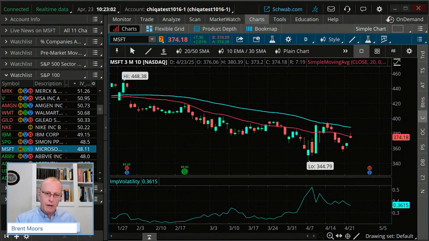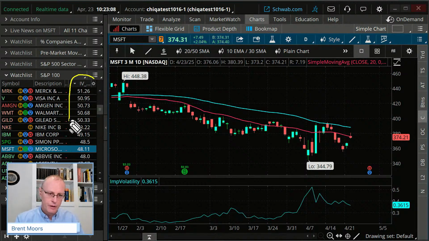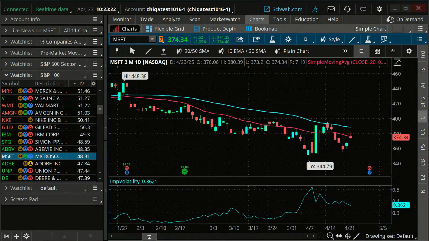So here's the premise that I'm going to go off of. I'm going to use our IV rank here, our IV range, I guess is what the script is called. And I'm going to look for things that have a higher implied volatility range. I'm going to look for things on the higher end of this spectrum here, okay? Well, we can see where they are.